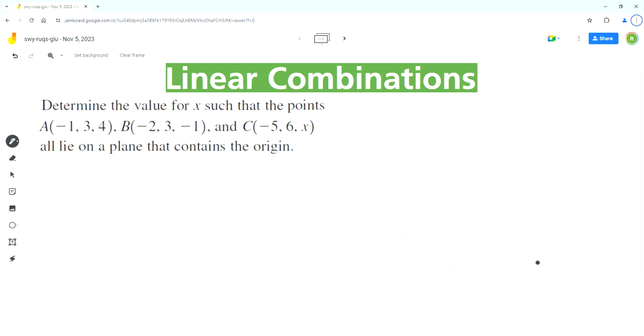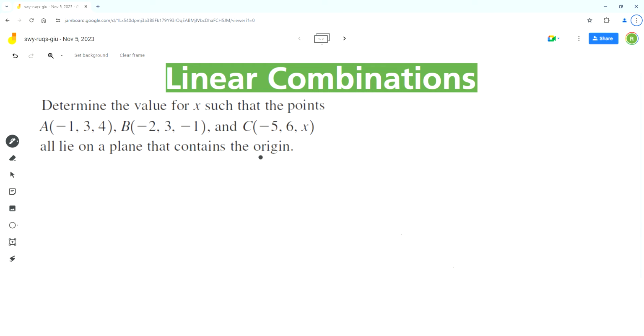So in this video, we'll solve this problem using the concepts of linear combination. So as per the problem, determine the value of x such that the points A, B and C all lie on a plane that contains the origin. So we are given these 3 points A, B and C that lie on a plane and that also has